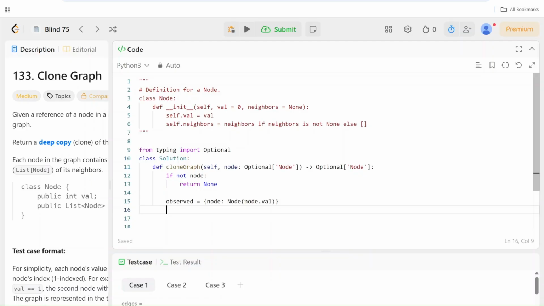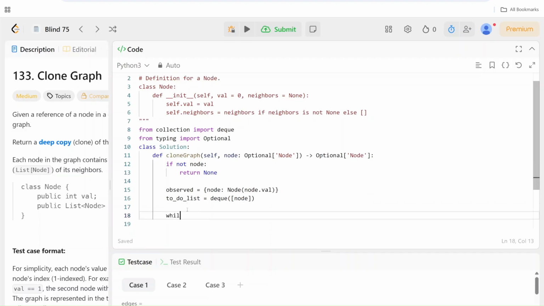Now I'm going to create a queue for storing the nodes that we have to visit next. So to do that, I'm going to use the collections library, and from that I'm going to import deque. So I'm going to create this to-do list that we were referencing in the example earlier. So this is the to-do list, and that will be equal to a deque, and this will be storing the list of nodes that we have to visit.